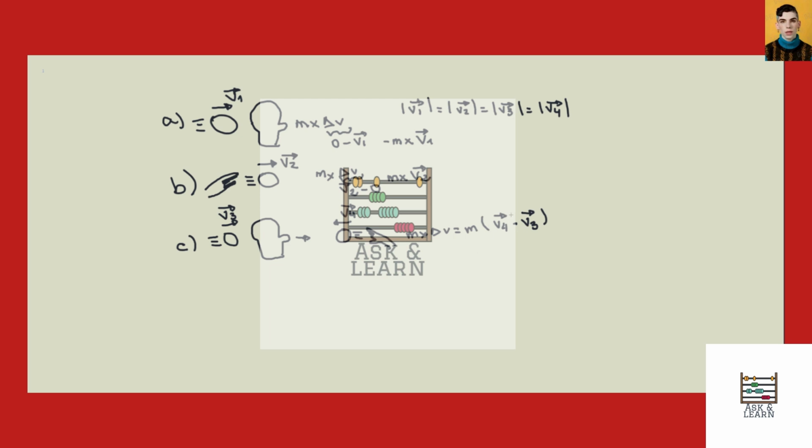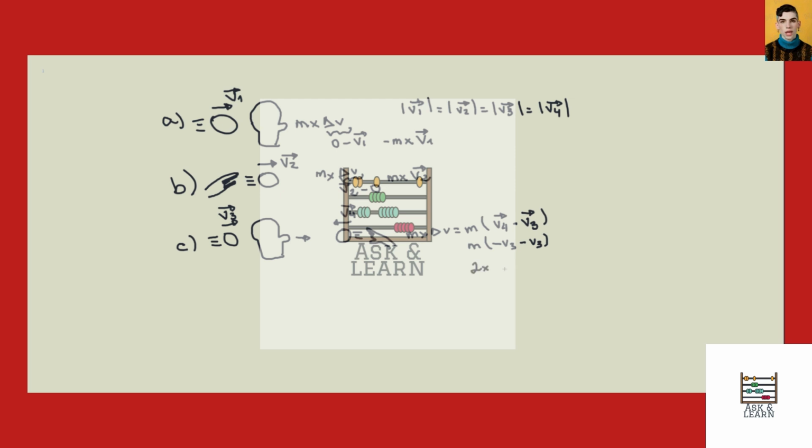But since this is a vectorial subtraction, we have to take into account the direction of the throw. So v4, if we say that on this side it's pointing to the negative side, we're going to say that v4 is equal to minus v3. So we would get that the change in momentum would be minus v3 minus v3, which would be equal to